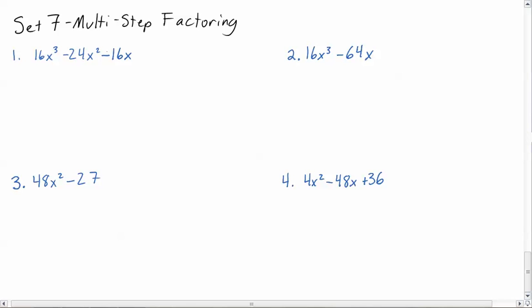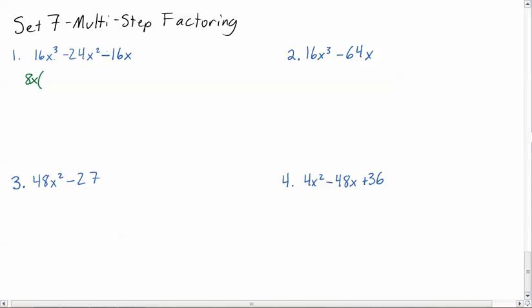The first thing I note is that, oh my gosh, this is next to the third power. Now, we've done stuff like that before, so it's not too big of a concern, but this will turn out a little bit different. So let's go ahead and look at these. The first thing I should look for in any factoring situation is, very good, the common factor. So I look at 16, 24, and 16. And I know that 8 goes into each of those. And then I also notice that an x goes into each of those. So I'm going to put the 8x,